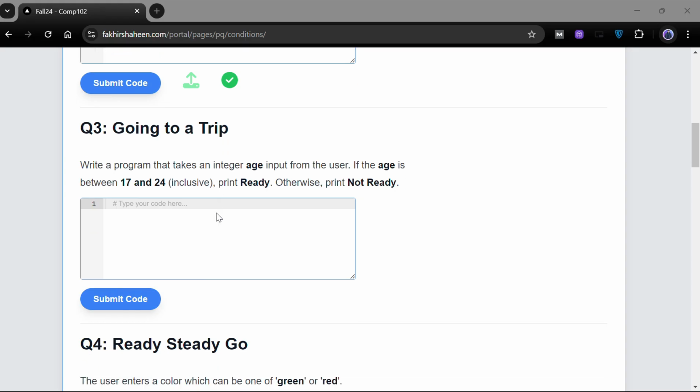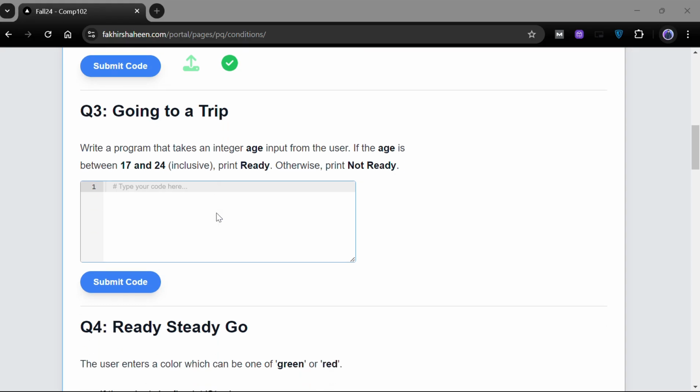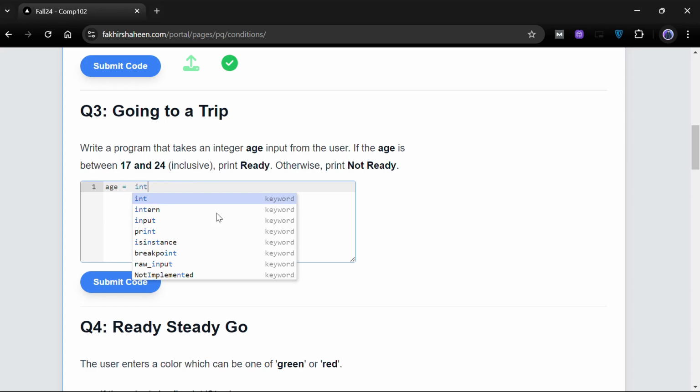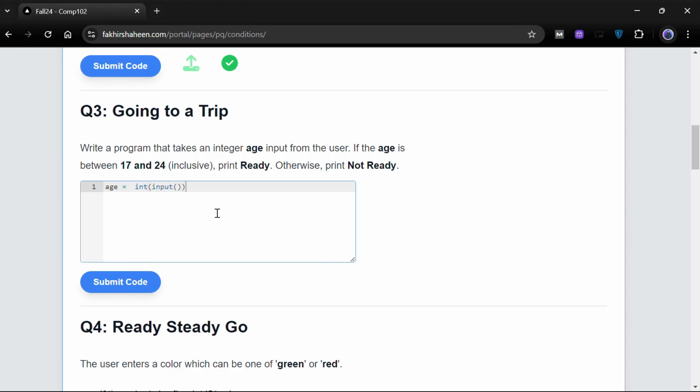So moving towards question number 3, going on a trip. Write a program that takes an integer age from the user. If the age is between 17 and 24 inclusive, meaning that 17 and 24 are also included, so if the age is greater than or equal to 17 and the age is less than or equal to 24, we have to print